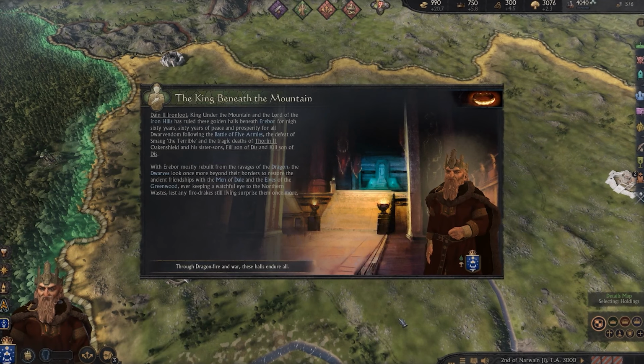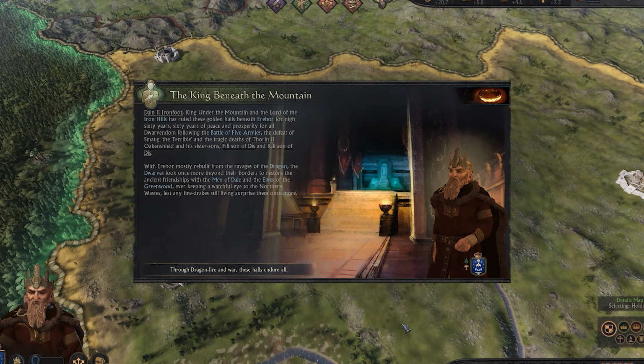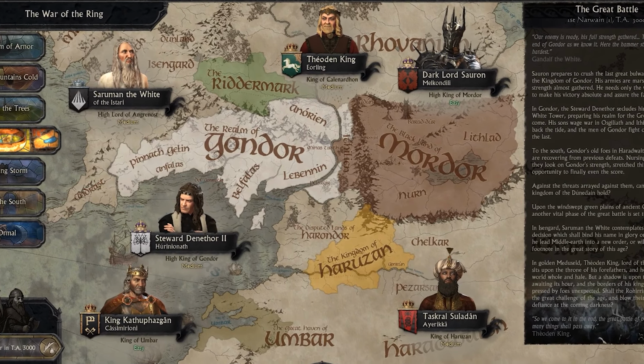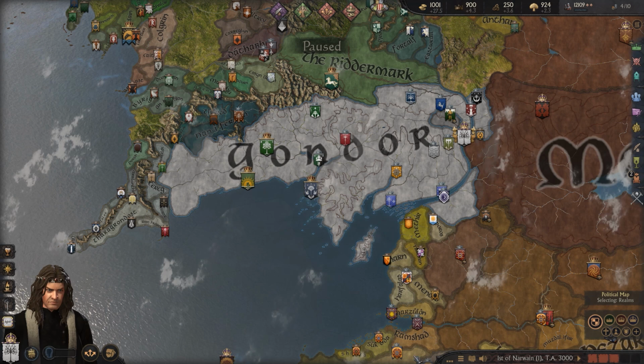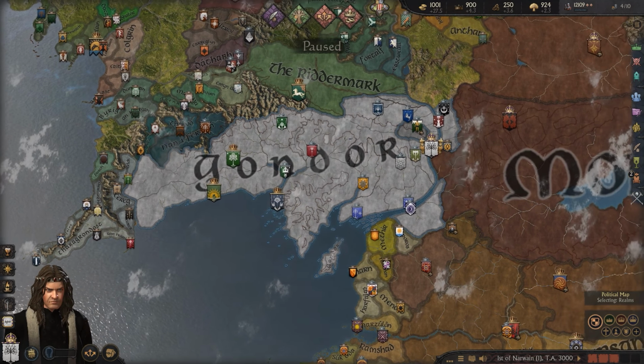Alright guys, Realms in Exile is without question the ultimate Lord of the Rings mod ever made. It transforms Paradox's CK3 into a vast, living Middle-earth complete with hundreds of characters, storylines, and events drawn straight from Tolkien's world. The campaign map stretches from the ruins of Arnor in the north to the deserts of Be'lakor in